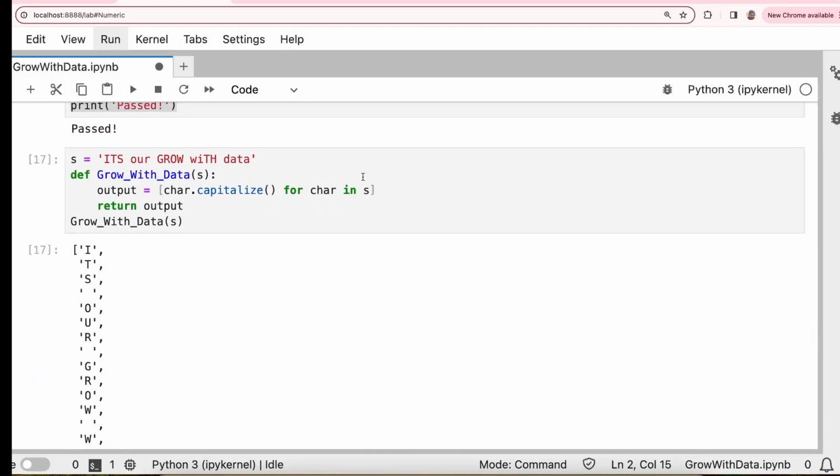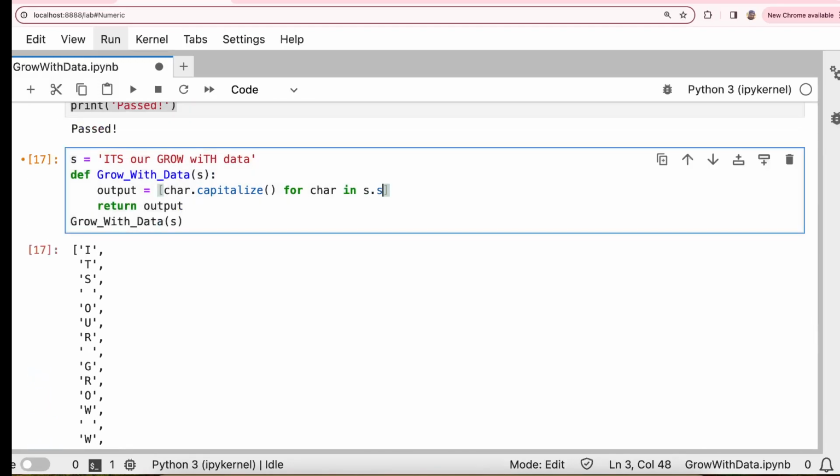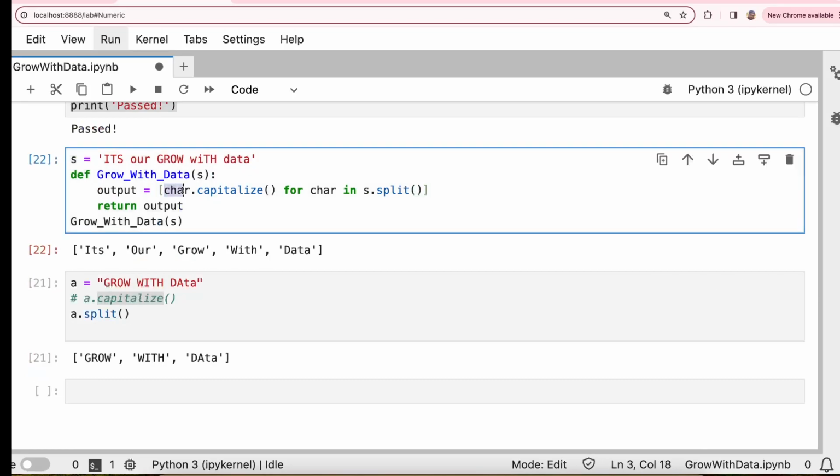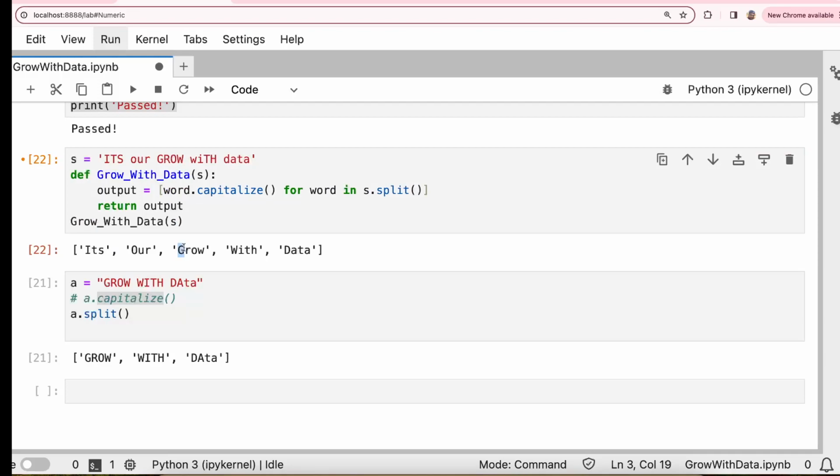So I'm going to use s dot split instead of the whole string. I'm converting that to words. So now it brings me every word, so instead of saying character, we can say word. It converts the first letter to caps. This is what we need, but it's a list. So when it's a list, what will you do? If I have output like this,